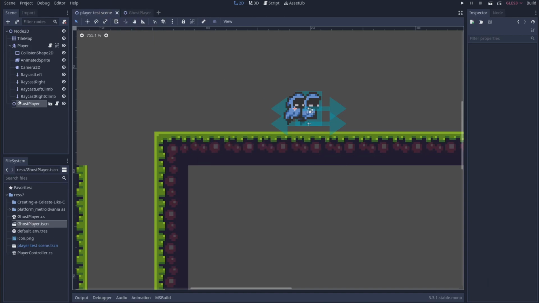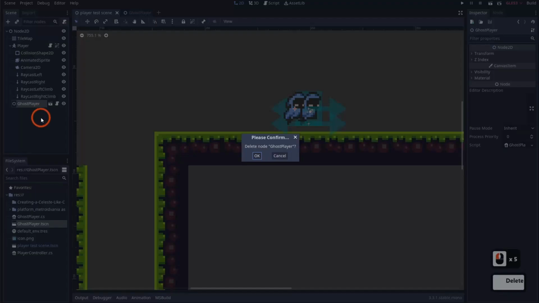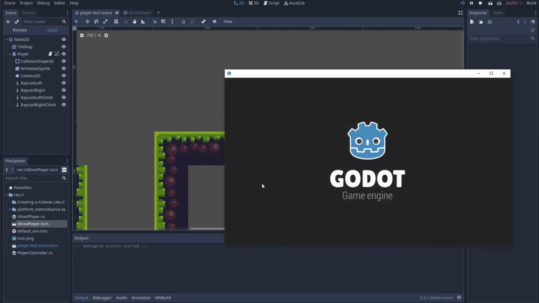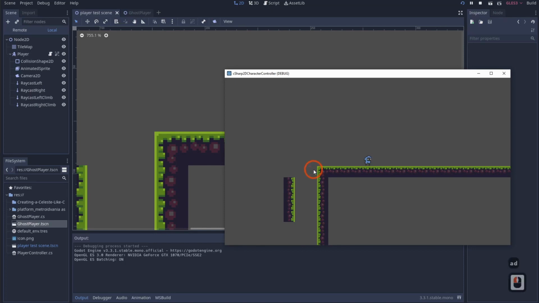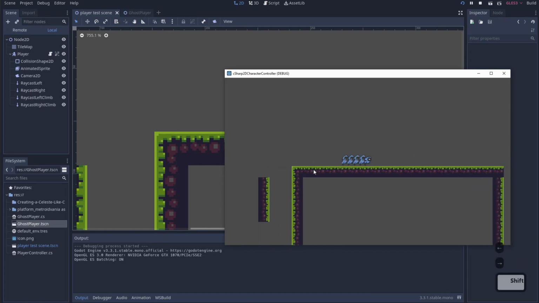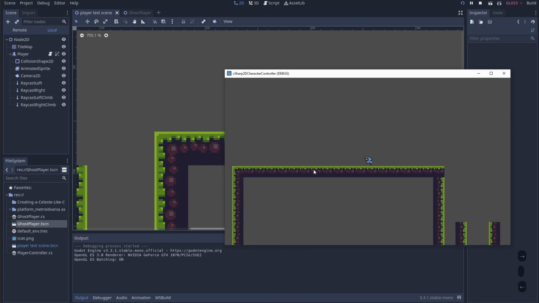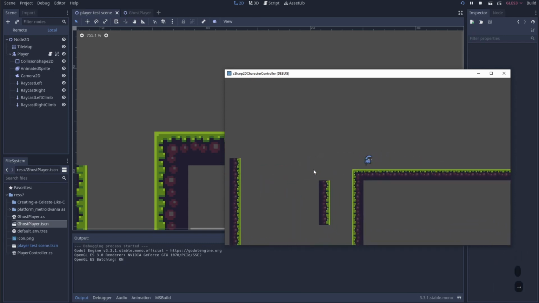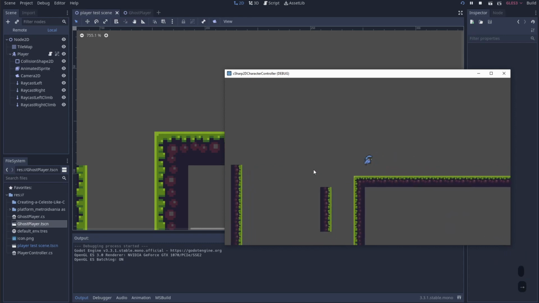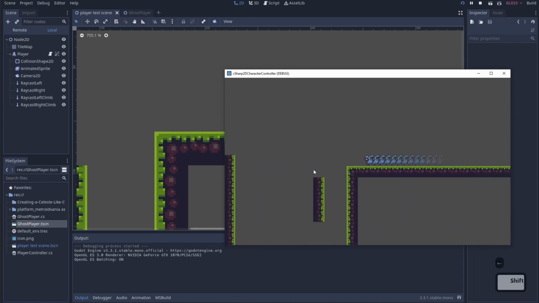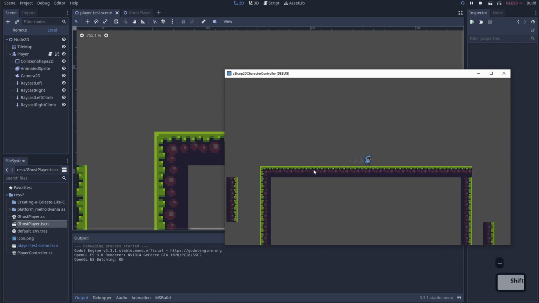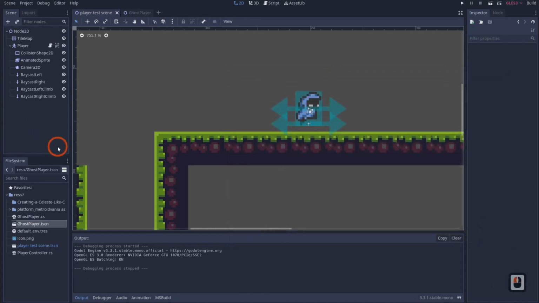Awesome. So now let's delete our ghost player. Let's try our dash again. And this should be fairly close. Yeah, not too shabby. That's not too shabby. So now what we can do